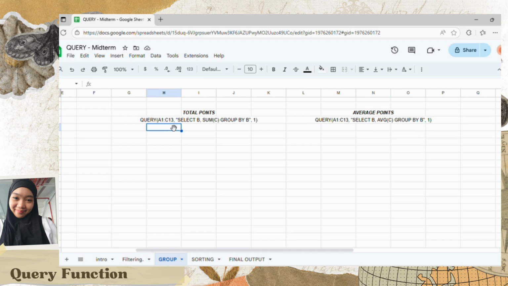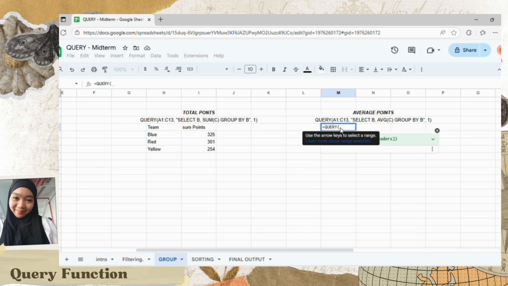So first is the total points, equals query, A1 to C13, select B. And if you want the total points, we will use the sum C, group by B, and then for header. There we go for the total points.